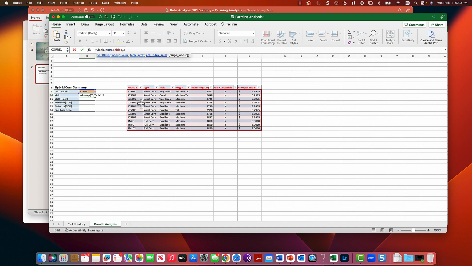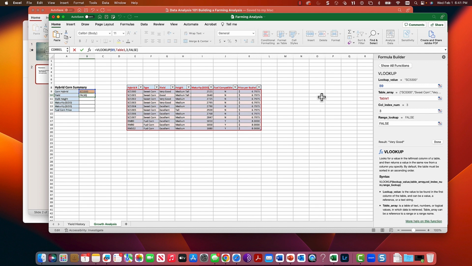Yeah, I don't want to feed people, I don't do analysis of sweet corn instead of corn. I don't make any mistakes. So I want an exact match. The way you get that is to either choose true, approximate match, or false, exact match. We'll choose false, close parenthesis, hit the checkbox to stay in the cell. I don't want it to drop down. Hit the function builder to come back, and you can see